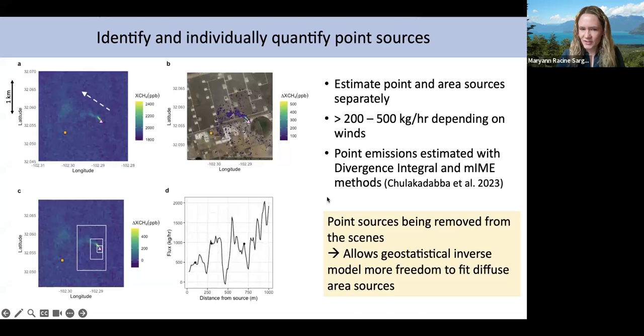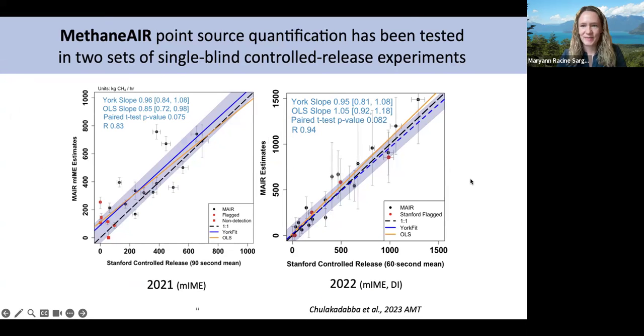We actually demonstrated this with help from Sahar's group at Stanford with two controlled release experiments done in 2021 and 2022. The Stanford group was releasing methane on the ground and we would fly over it. We did about 20 overpasses in 2021, another 20 in 2022. This was a blind experiment where we didn't know the control release value until after we submitted our estimates. And we had really nice agreement both years, particularly well in the second year, which was kind of